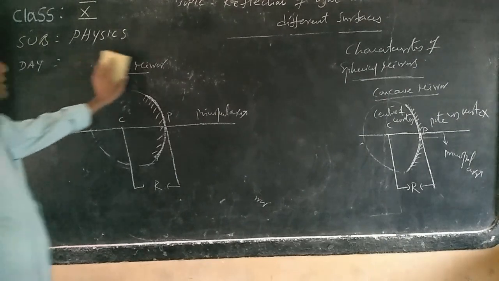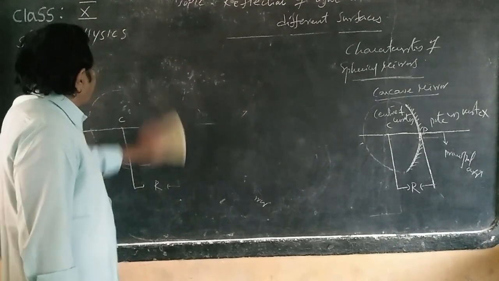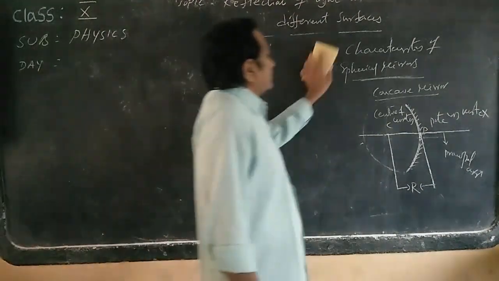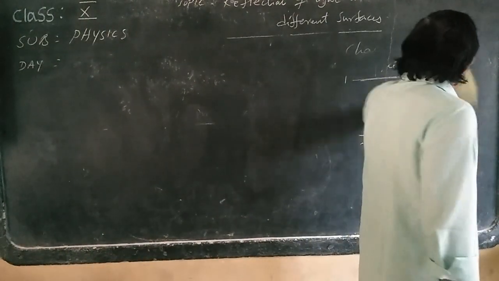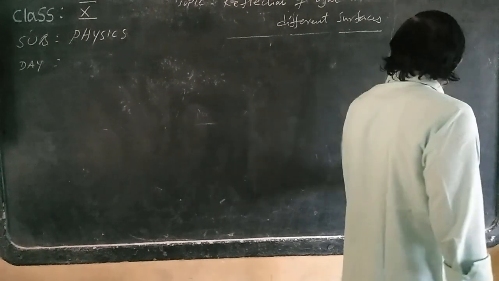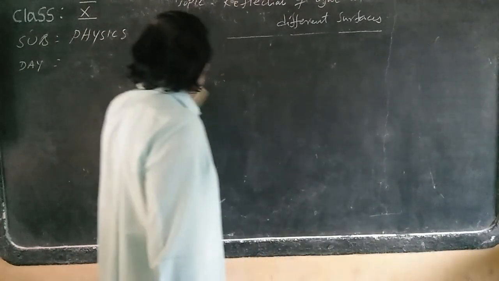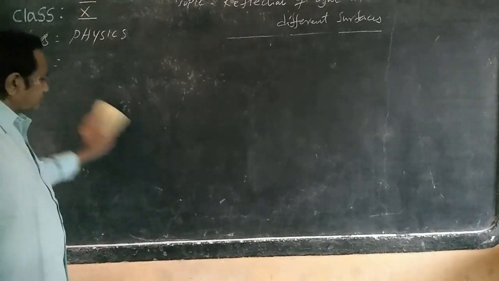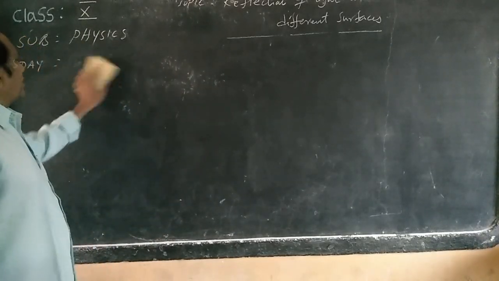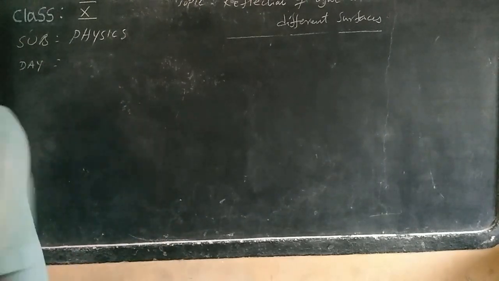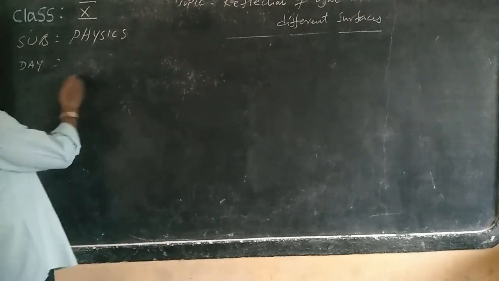Already I told you in case of lenses, convex lens is converging. But in case of mirrors it will be opposite. Here concave is converging and convex is diverging mirror. So remember that convex is a diverging mirror, concave is a converging mirror. That we have to consider. Okay. So another important definitions are principal